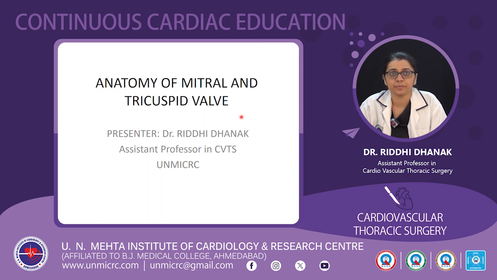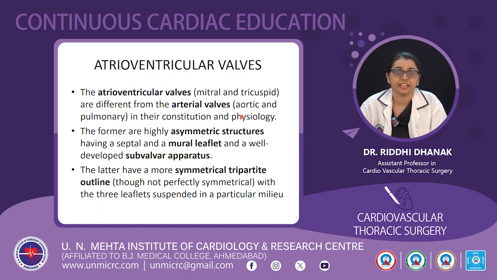Today I will be discussing the anatomy of the mitral and the tricuspid valve. The atrioventricular valves, that is the mitral and the tricuspid valves, are different from the arterial valves, that is the aortic and the pulmonary valves, in their constitution and physiology. The atrioventricular valves are highly asymmetric structures having a septal and a mural leaflet and a well-developed subvalvular apparatus, whereas the arterial valves have a more symmetrical tripartite outline, though not perfectly symmetrical, with the three leaflets suspended in a